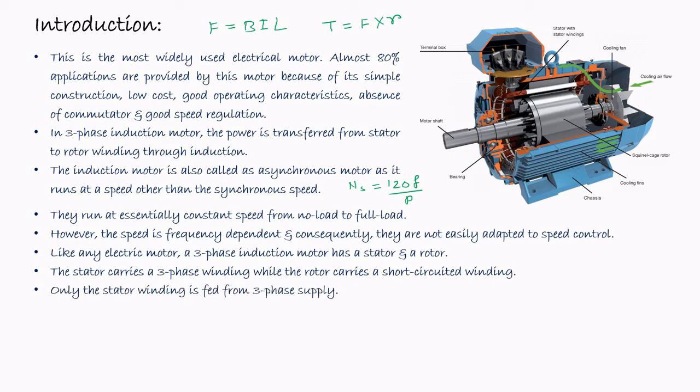Here, as we have already mentioned, the power supply is given only to the stator winding. So when the power supply is given to the stator winding, the magnetic field will be produced. It will be rotating in nature and it will cut the rotor conductors. Then, according to Faraday's law of electromagnetic induction, the EMF will be induced in the rotor conductors. So the current will start to flow through the rotor conductor, and hence, according to the Lorentz formula, the force will be developed and the torque will be produced.